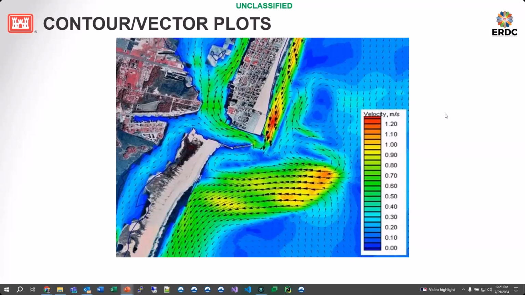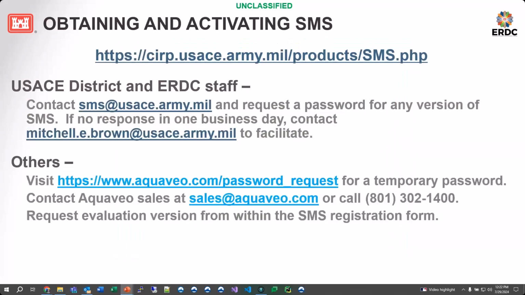So there's a lot of different options you can do for working with your results. This next slide just basically says how do the different groups obtain and activate SMS. If you're a core user, then we have a help desk here at ERDIC, and you can contact them with the SMS at USACE Army Mil, and tell them, hey, I need to get a username and activation for SMS 13.3 or whichever version that you want. Tell them how many you need, and we will get you a license for